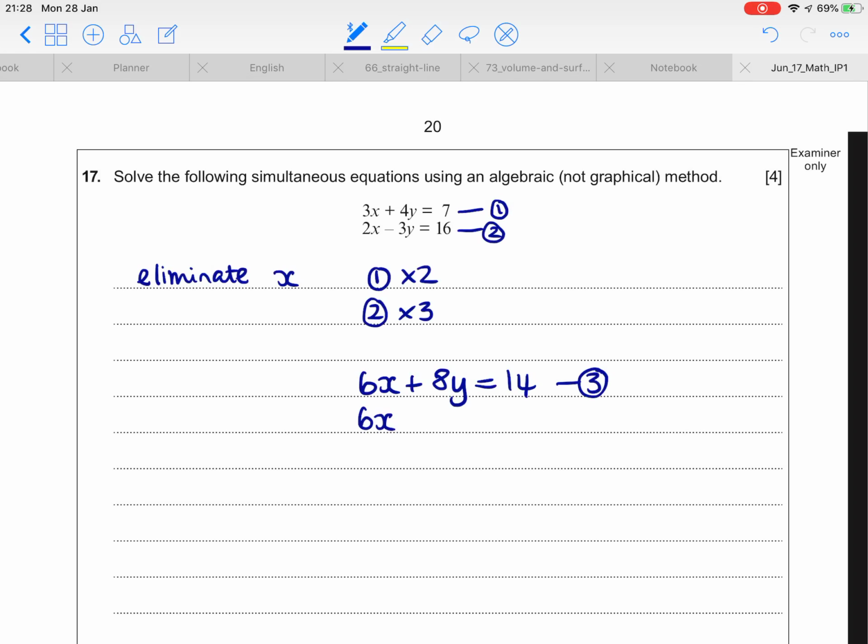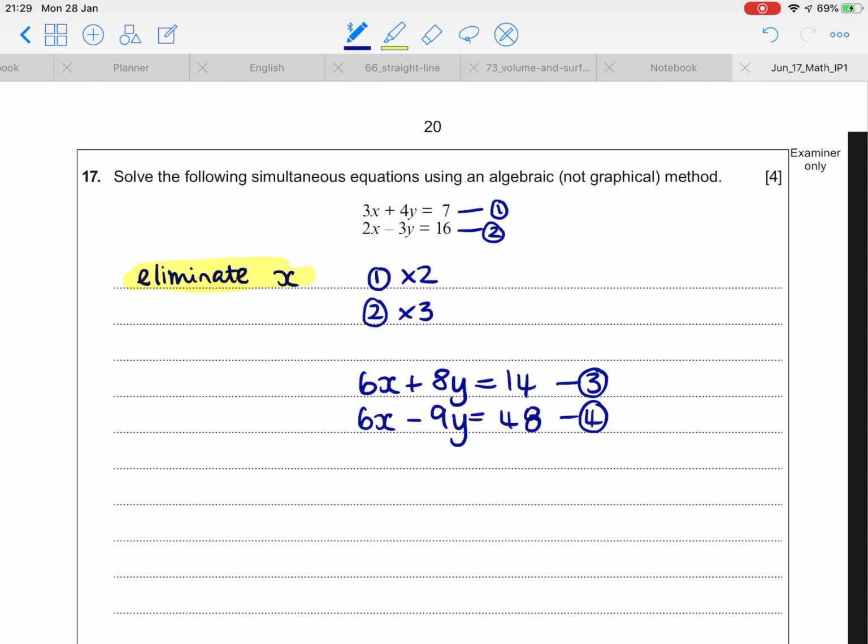6x in the second equation, when I multiply it by 3. Everything in the second equation has to be multiplied by 3, so I have a new equation again. I'll call it 4. We are looking to eliminate the x's, to get rid of the x's, so we have to do a combination now, either adding or subtracting, so that this pair of equations is combined and the x's